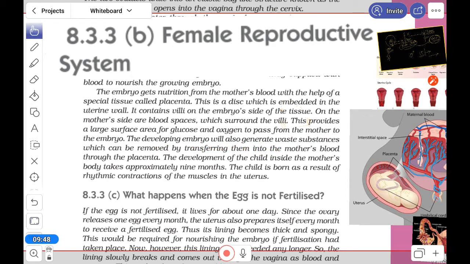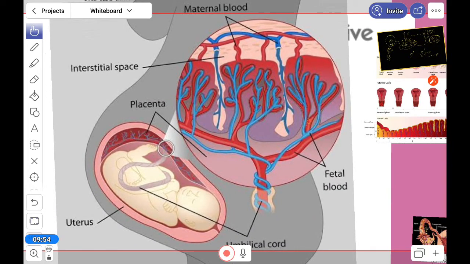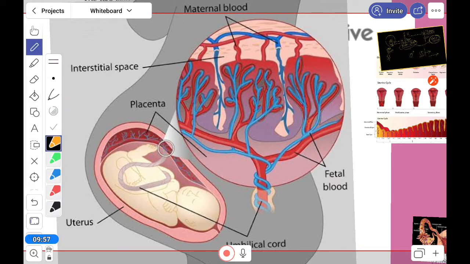If I look at this a little bit, you can see this is the mother's blood, this red color, and here is the fetal blood. So here is the connection. You can see this is called the placenta. This area is called the placenta, and chorionic villi are there, and all the others. The umbilical cord is there, which connects. You can see the connection between the mother's blood and the fetal blood.